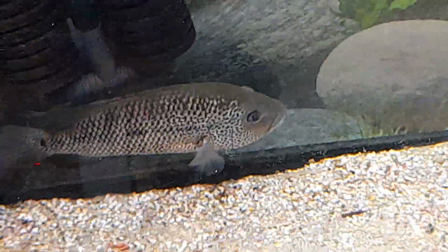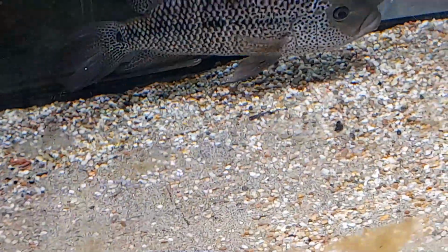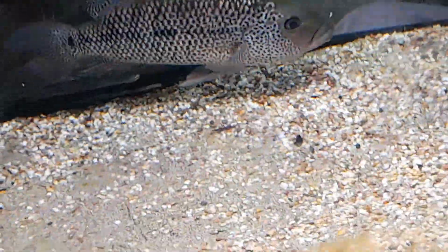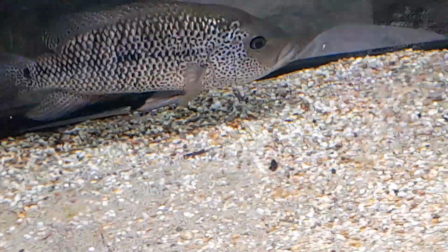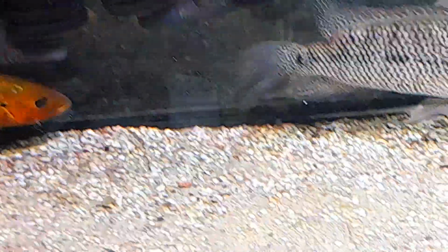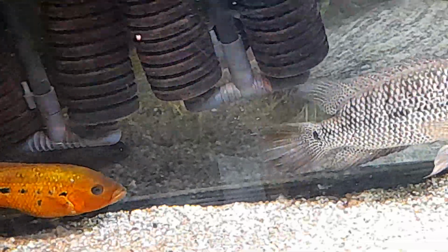Their decor will be going back in now. It's just I've changed, as you can see, all the bottom for sand and gravel now. I've emptied the whole tank, done 100% water changes, used a shop vac to empty out the remaining gravel, put all new sand and gravel in now. I know there's still going to be some remaining snails. They're Malaysian trumpet snails. They're a pain in the arse to get rid of, but yeah, I'm still going to have some,